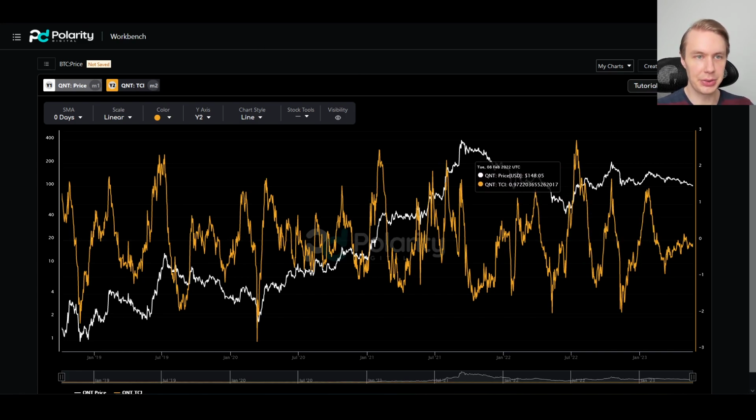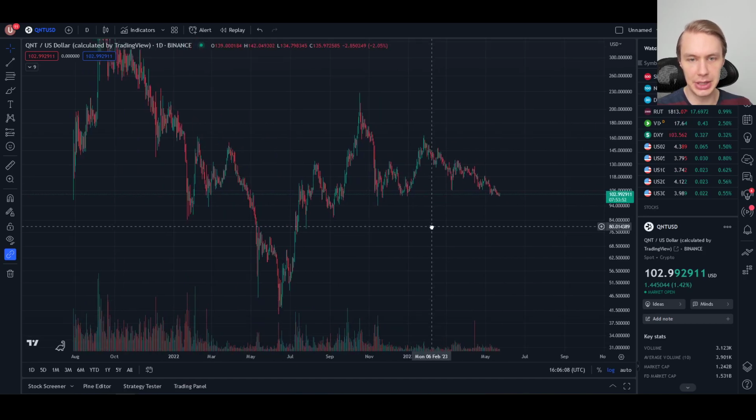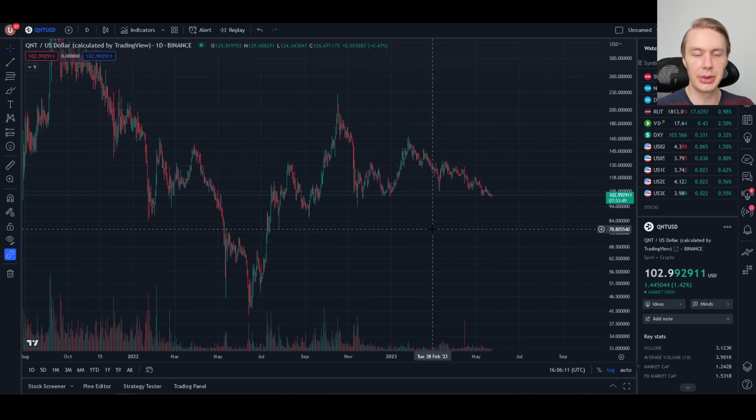So overall, my thoughts with Quant is that I think it's in a reasonable place long term. But again, all of that's conditional on the thesis that one has for Quant. If one thinks that Quant is strong from a fundamental perspective, you'll want to keep evaluating that thesis. I've talked about this over and over again. Theses are meant to be questioned constantly. One of the most dangerous things that you can do in crypto is get married to an asset and never consider whether or not your thesis is wrong. And really the idea here is that the market doesn't care how much you love an asset or a project, how much you believe in it. The market's going to do what it's going to do. And so if we just blind ourselves to what's going on, that's really problematic.